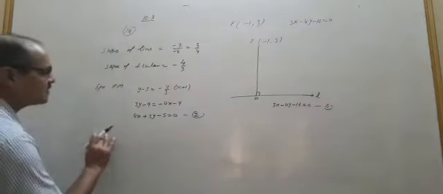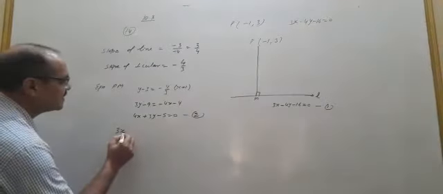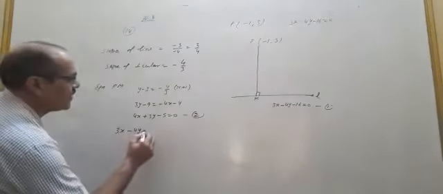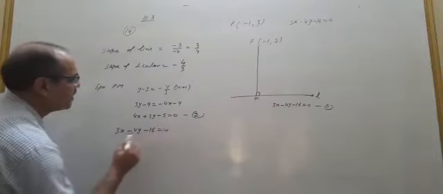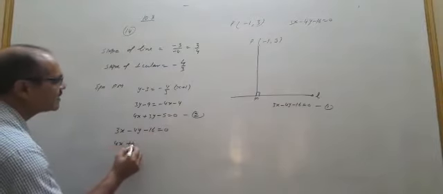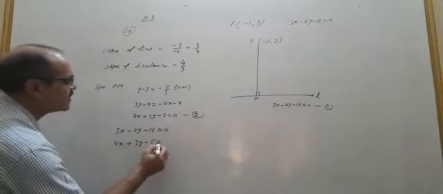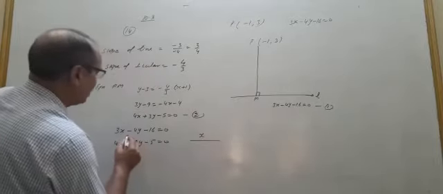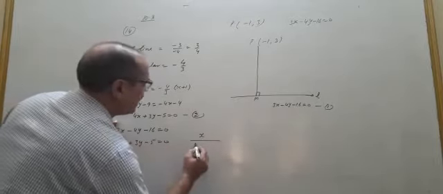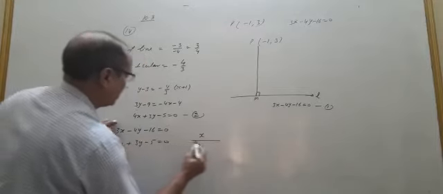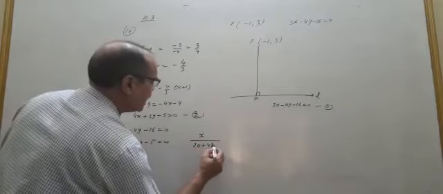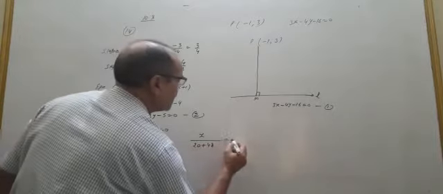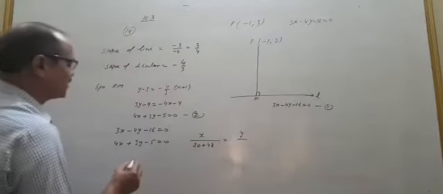Now we have to solve the first and second lines: 4y minus 16 is equal to 0, and the second is 3y minus 5 is equal to 0. Therefore, by the method of cross multiplication we can solve it. This can be written as 20 to find the value of x, and plus 48, is equal to y upon, that is the method of cross multiplication.